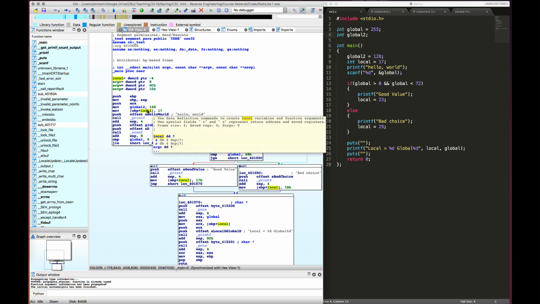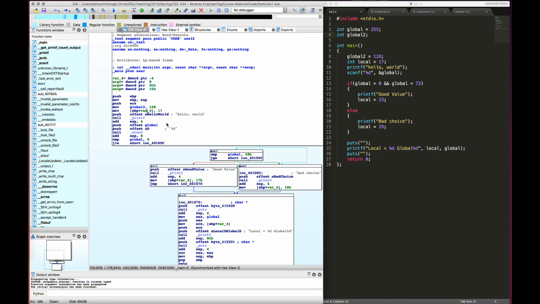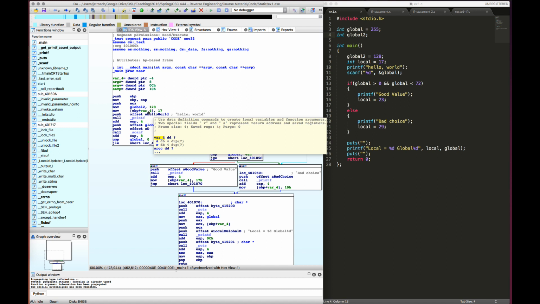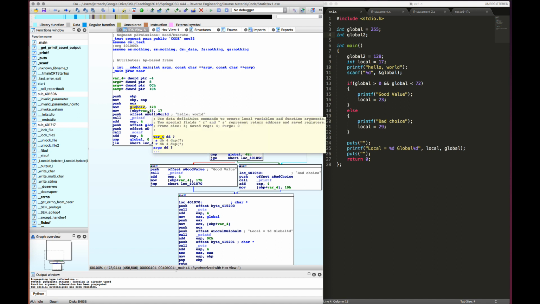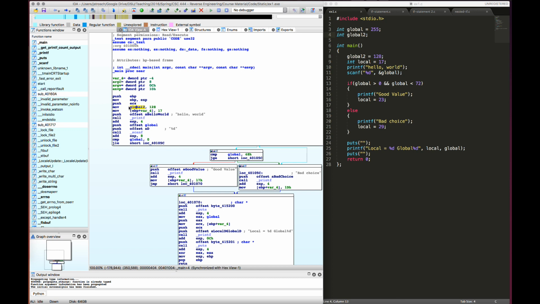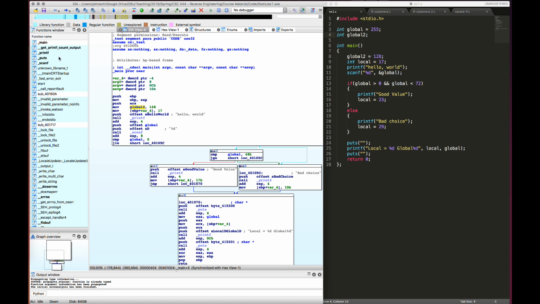Okay, as far as the local, here you can see I already renamed it, and what it would have been before, I can't redo it, so it would have been something like var_4. And what you can see here is this is the difference. Now, we're using EBP plus and then this offset, because we're referencing the stack relative to the base pointer, EBP, right? And so that's a clue that this is a local variable and these are global variables. And those default values that IDA assigns, EBP plus var_4 or move global to, the fact that that's a direct address into the data section, that gives us a clue as to whether it's the global